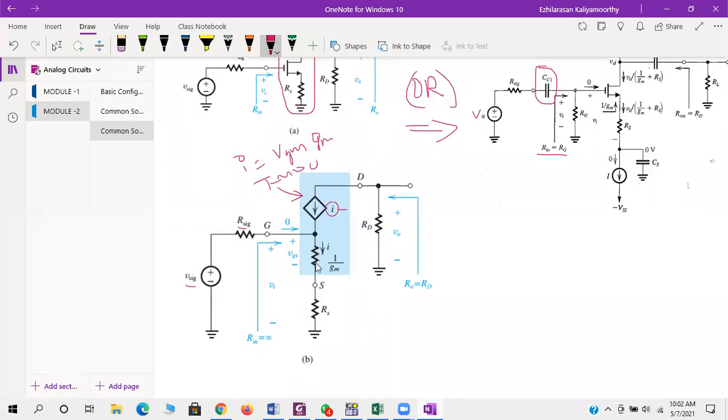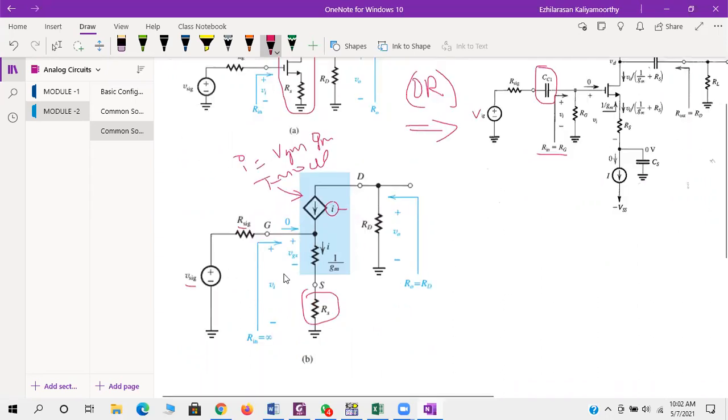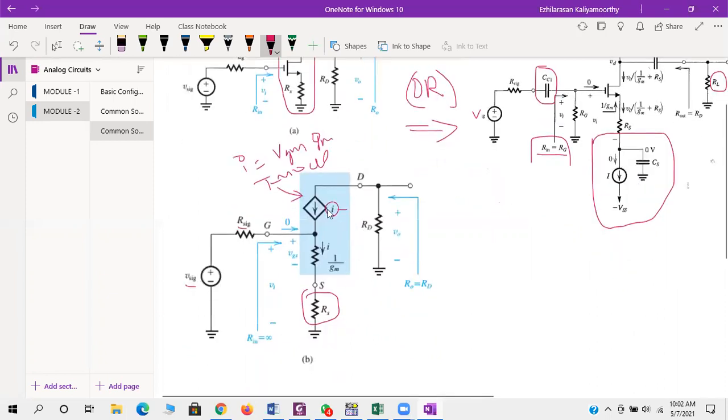So what we do additionally is connect the source resistance. See, this source resistance is connected initially, then the drain resistance is there. So externally, additionally, we will have the RL resistance. So we may think here we will have the RG resistance. That RG resistance is nothing but your Rsig. Here we should see Rsig is equal to RG. Then the presence of RL will also be there. So don't worry about this because you have not studied it yet. Don't worry about that in this diagram. I am only showing this diagram here.